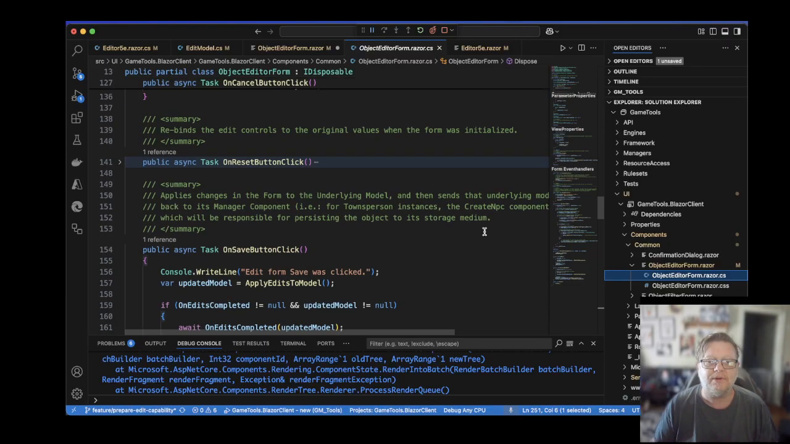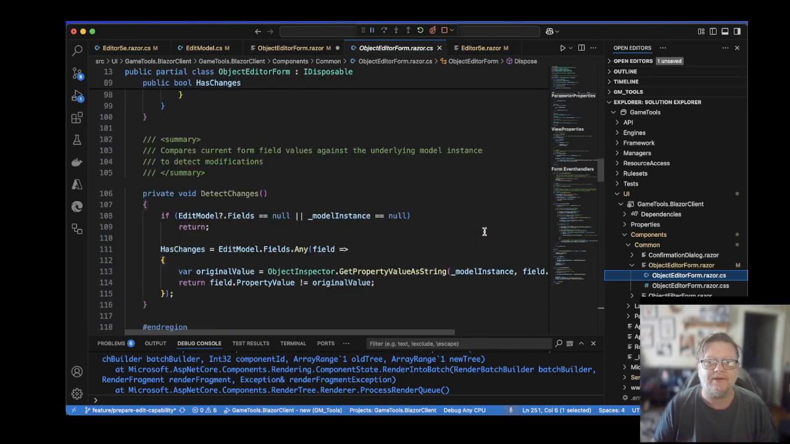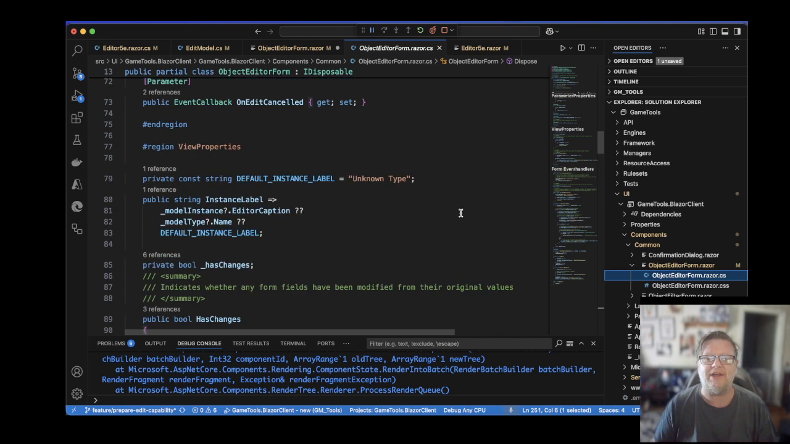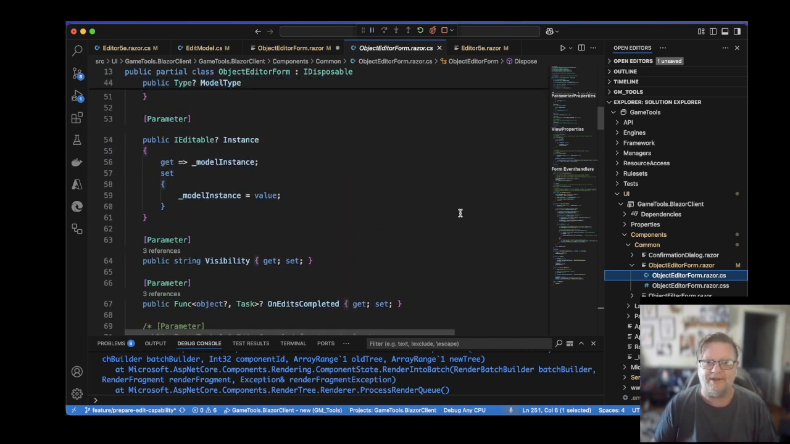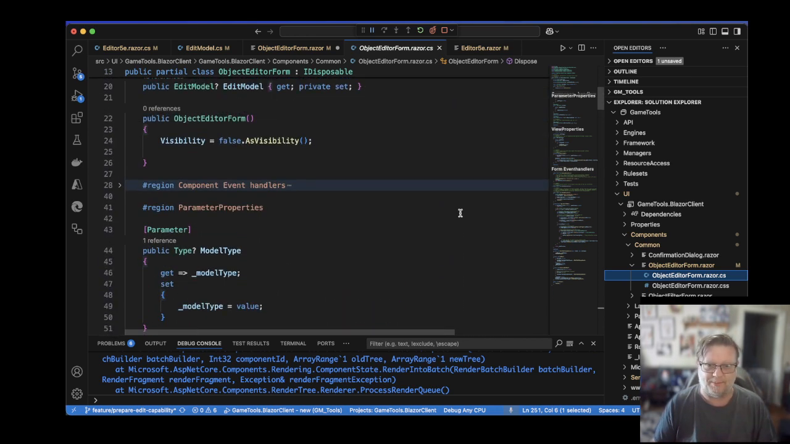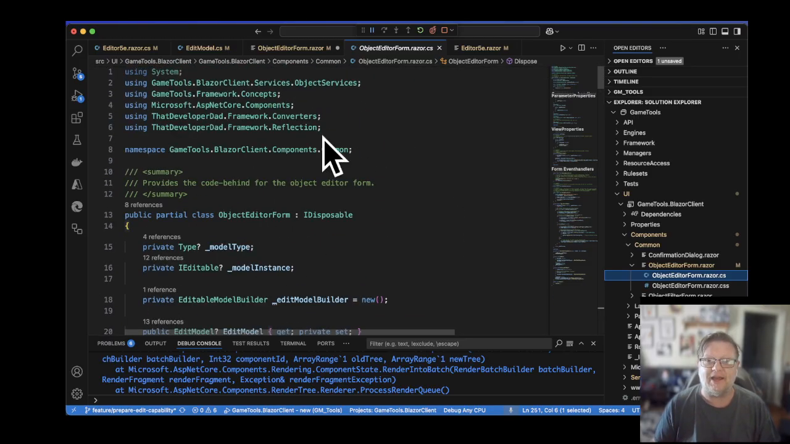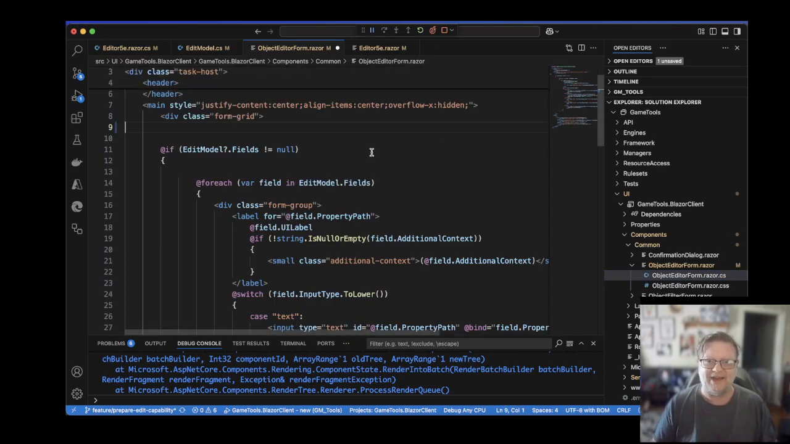Dispose, save button click. Do I have anything gnarly in detect changes? Actually, detect changes isn't even being called at this level, but I'm going to leave this here for now. I just want to make sure that I don't have any traces of these custom subform or the editors in the actual Blazor component, and it looks like I don't. So that's good. I did manage to keep things nicely separated,